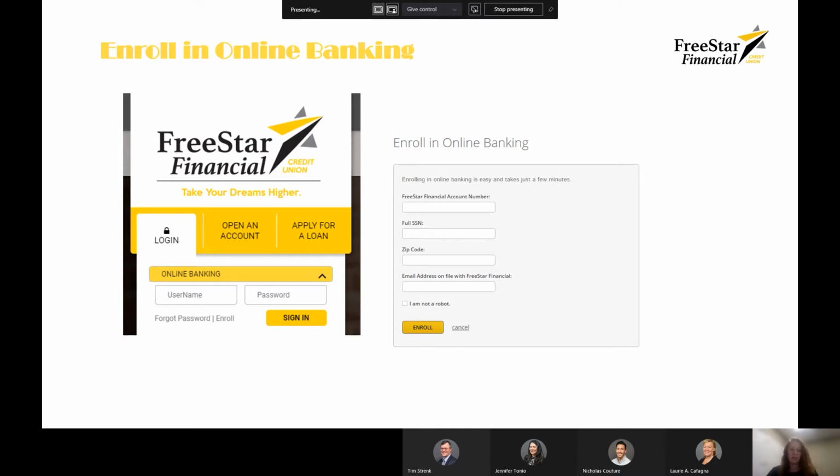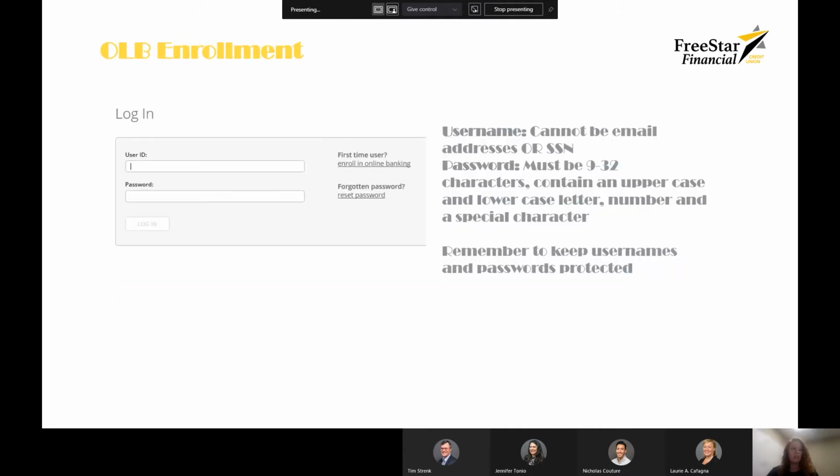Once you've selected I am not a robot and enroll, it'll take you to the user ID and password screen. So it'll allow you to create a username. It will not allow you to create a username based on your email address or your Social Security number. However, you can be as creative or as generic as you'd like. It does have to be at least 5 characters or longer. And then your password has to be 9 to 32 characters, contain an uppercase, a lowercase letter, number, and a special character. So the reason that they have to be so long